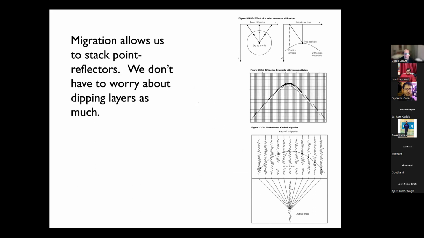Probably the most widely used process in active source seismology is migration. Imagine we have a point diffractor and we have a source here. The point diffractor will create a hyperbola of energy. So if I have one point here, it creates this diffraction hyperbola. We use something called Kirchhoff migration, which takes all the energy in this hyperbola and stacks it into one point. That is a useful way to